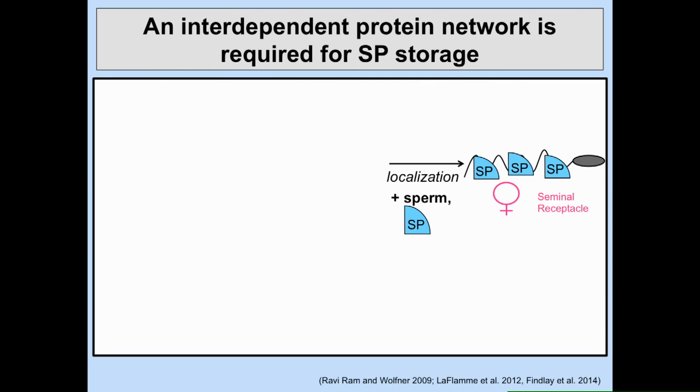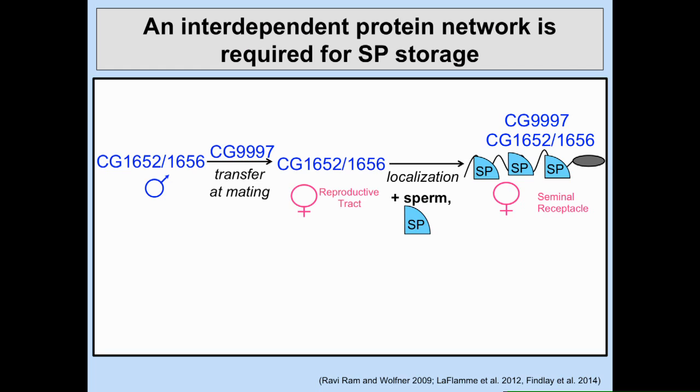What we've just seen is the binding of sex peptide to the sperm tails and transfer and localization into the seminal receptacle. However, in order for these things to occur, a whole cast of characters is necessary. CG9997, CG1652, and CG1656 are three also transferred seminal fluid proteins from the male to the female that localize to the seminal receptacle along with sex peptide and the sperm. In order for these to reach the seminal receptacle, and even for them to become transferred to the female,